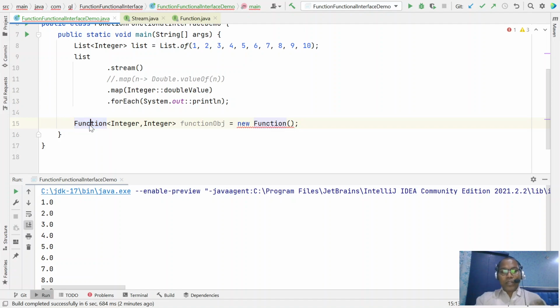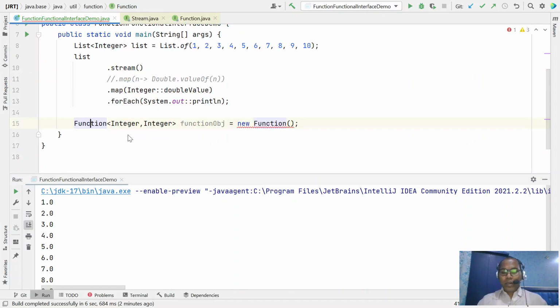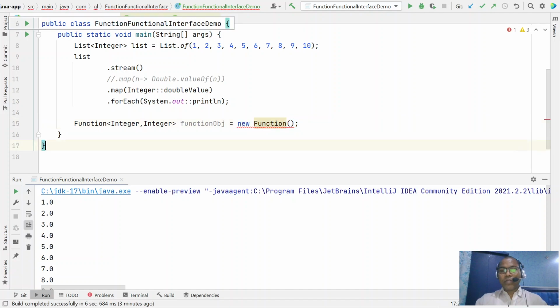The reason is that the Function interface has one abstract method, apply, whose definition you have to give. Any interface that contains an abstract method, you cannot create an object of; you have to first give the definition of that method. So how to give the definition?